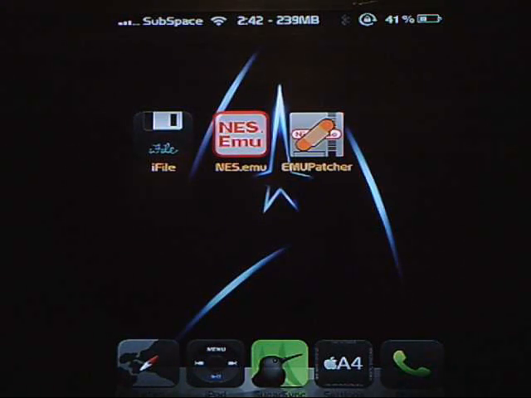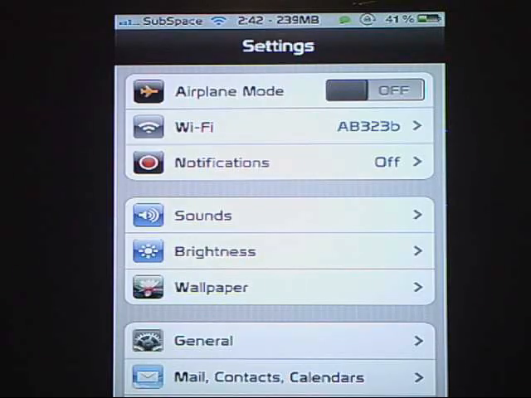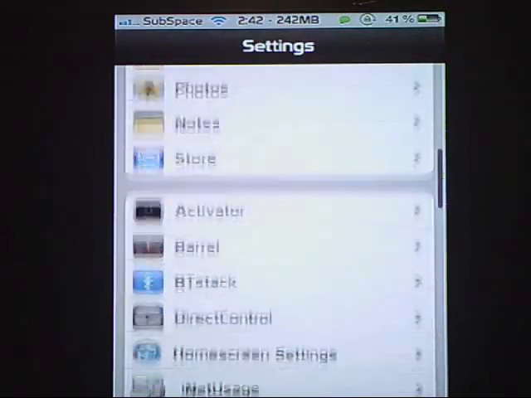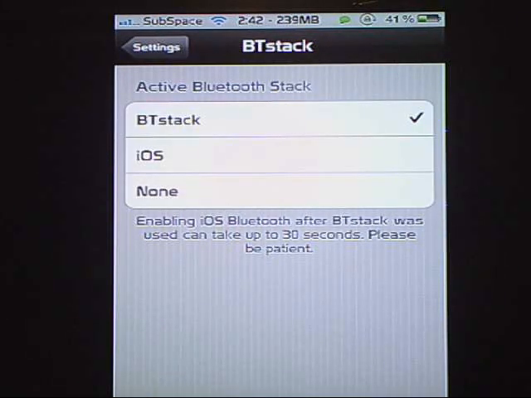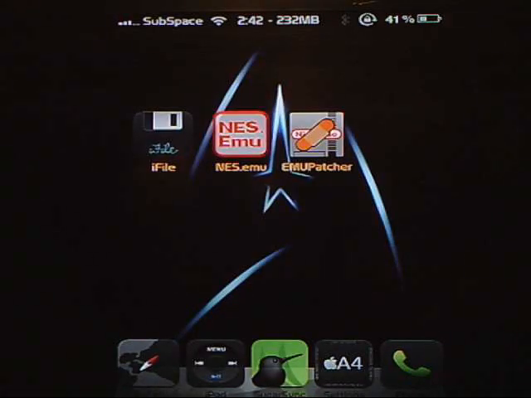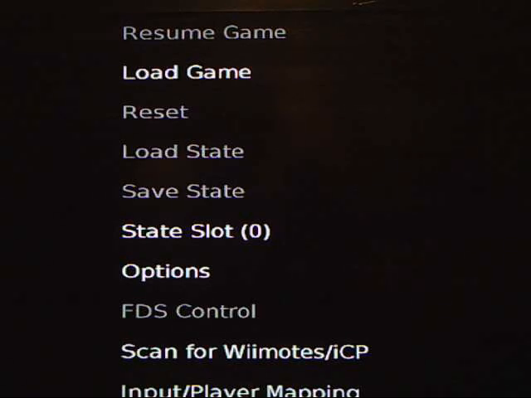Now we're going to go ahead and get this step out of the way right now, just so that we don't have to come back to it. In the settings area, this should have come with your EMU. It's called a BT stack. Go ahead and open it and enable the BT stack by selecting on it. You can already see I have it selected there. Go ahead and exit out of the settings and launch the